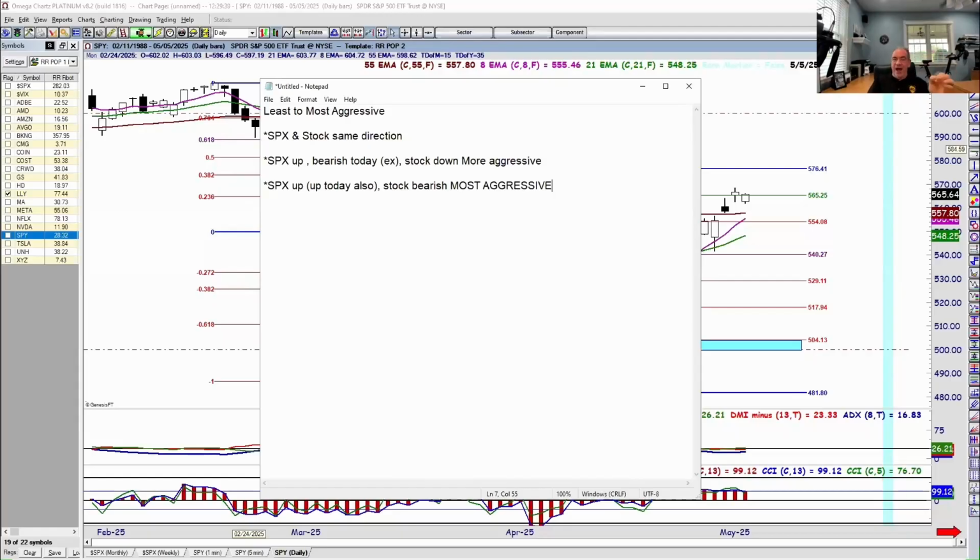Now, we already use a rank of 1, 2, or 3 on our chart. If you wanted to add one more step and give it another ranking, I would give it a letter, ABC. I would call this one an A. I would call this one a B. And I would call this one an F. No, we'll give it a C. So which trade do you want to do?